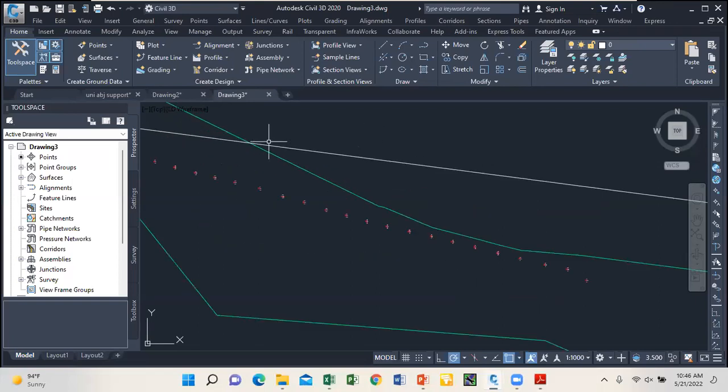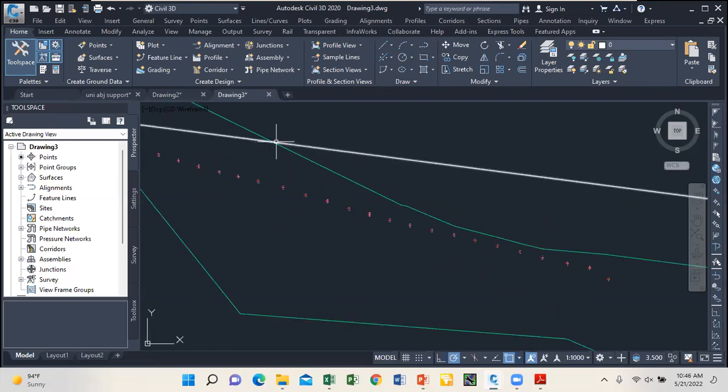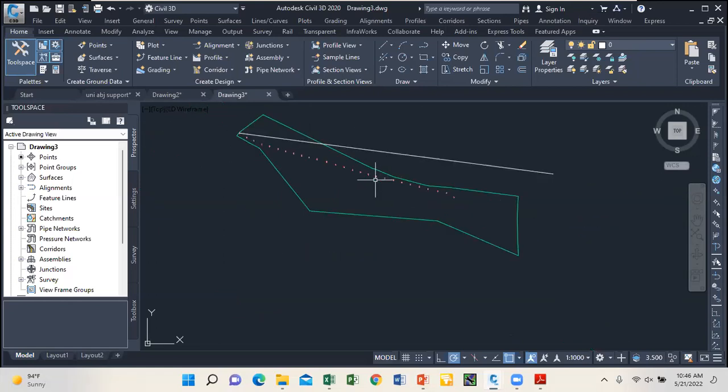So on my profile, that's my vertical alignment, to be on the grid here, to see that at this point where the line goes outside the border, it will show that there's no value captured. You can't see the existing graph value displayed there. All those places will be showing blank values. So your alignment must be within the border. If you're doing your alignment, it must be within the area the survey you covered, within the surface created. It must be within the area. So anything outside the area on your profile, those places will just